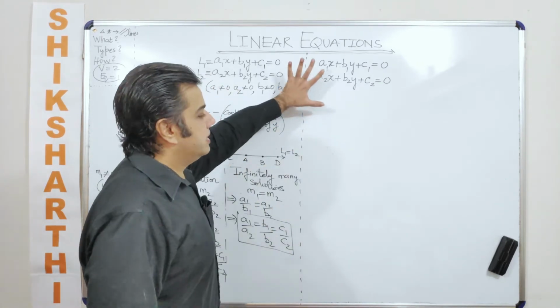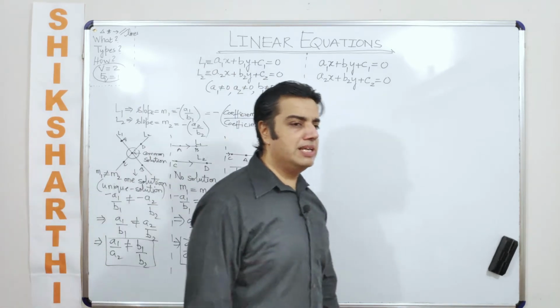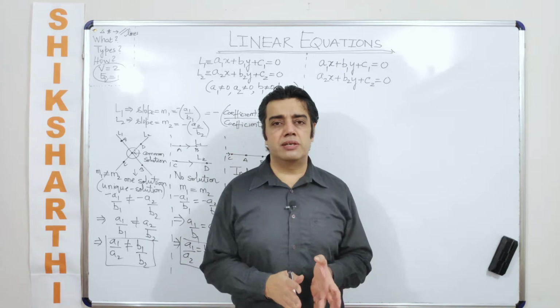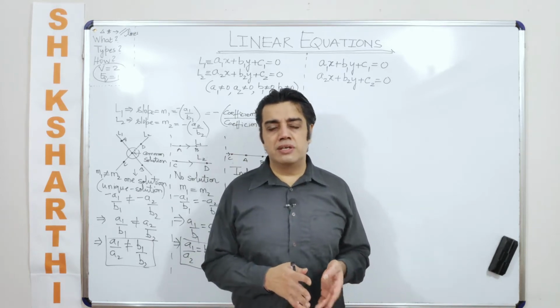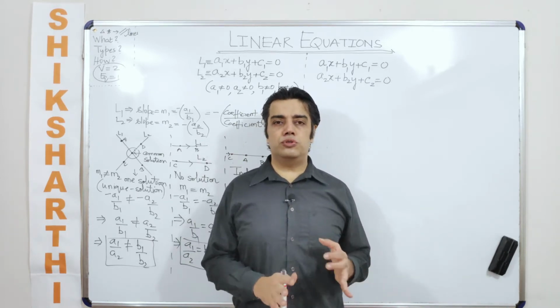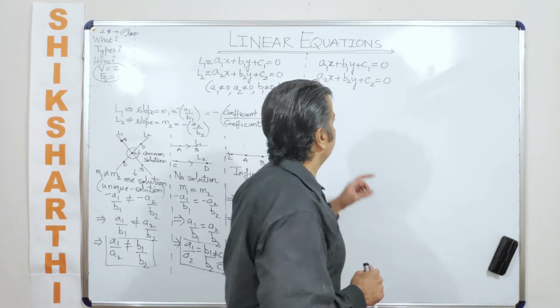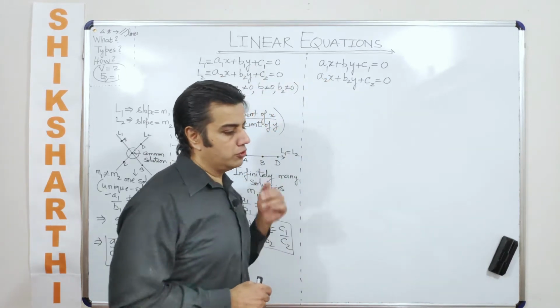So I am taking the same set of equations. You will see that there are various methods. The methods are elimination method, substitution method, cross multiplication method, whichever method you would use, but the answer should be the same. Now, these are two equations which are given to you.